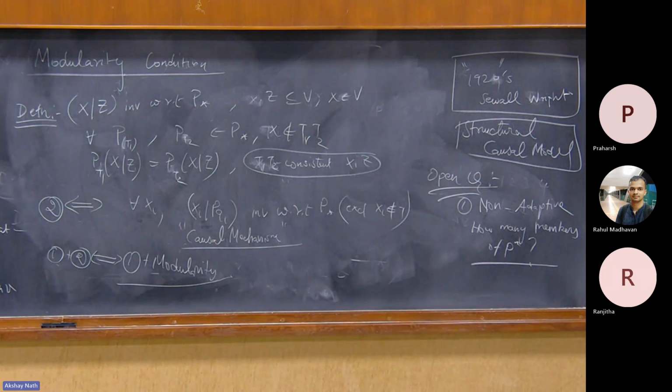But in fact, people are worried: why is it n to the 4? Why is it not much smaller? Why is it not linear? Because the intuition is that if I truly want to learn the graph, if I intervene on every variable, I should be able to. But it turns out that you need faithfulness for it. It's not very clear whether you can make that statement without faithfulness, or how much of a statement can be made.